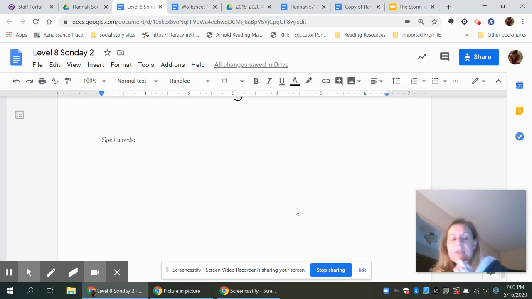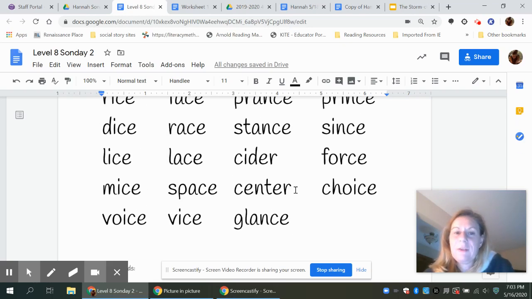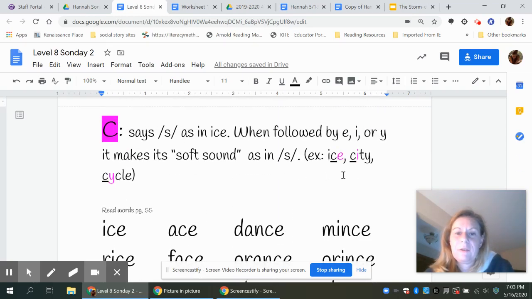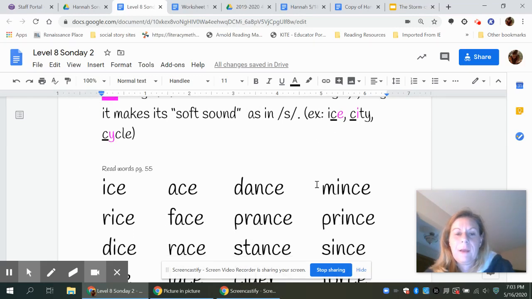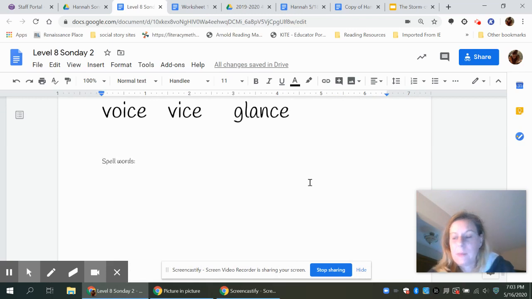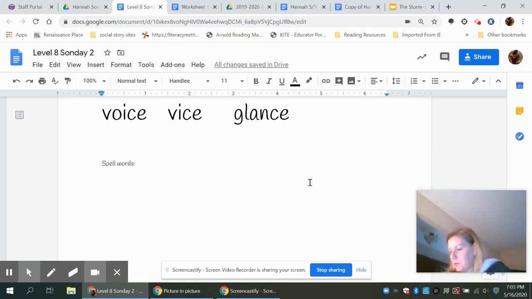And your last one to spell is face. Face. A-s. I hear a long A sound there again. So these are good practice with our long vowel sound. And just think about what comes after that C to make it say S. Kind of like in ice, right? Right, good, nice job. All right, so those were our sounds that we are going to review for level